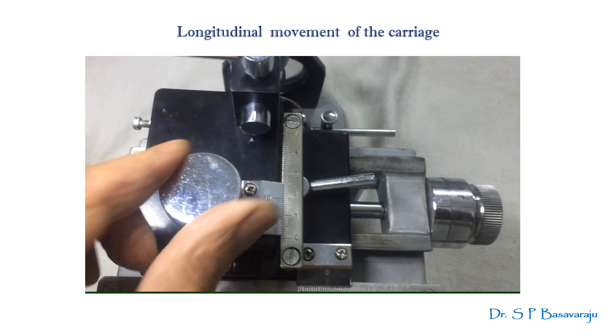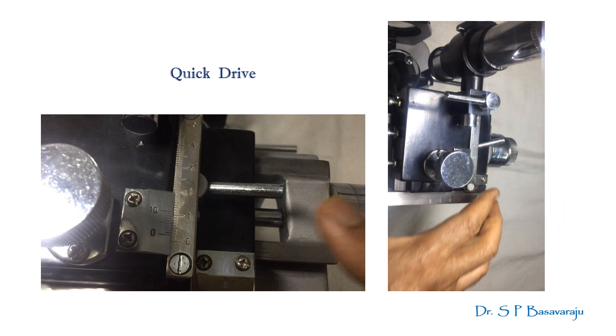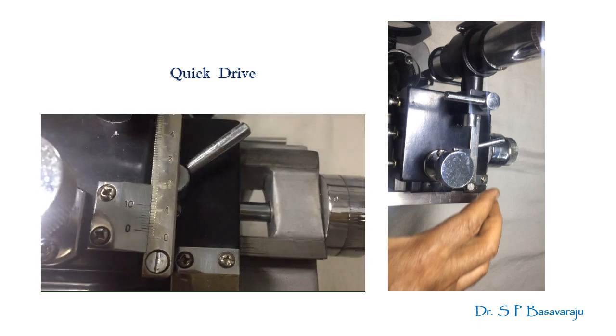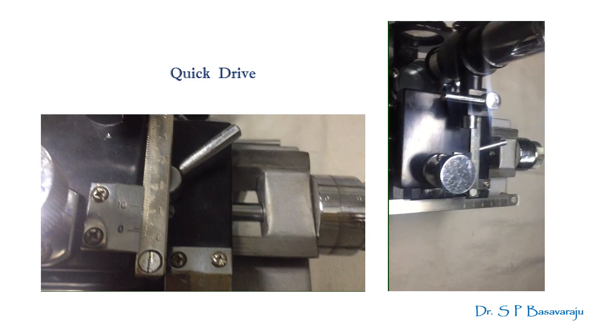You can now get it done by a coordinated movement of turning the drum and turning the knob. After you get it done, you will have a nice picture in which the whole ring system is in 4 equal parts in the 4 quadrants created by the normally intersecting cross lines. Like this. But you can also do it manually by releasing the clamp and pushing it in the direction you want and operating the knob. But afterwards, you need to set the two reference zeros before applying the clamp. Now let's move on to the observations part.